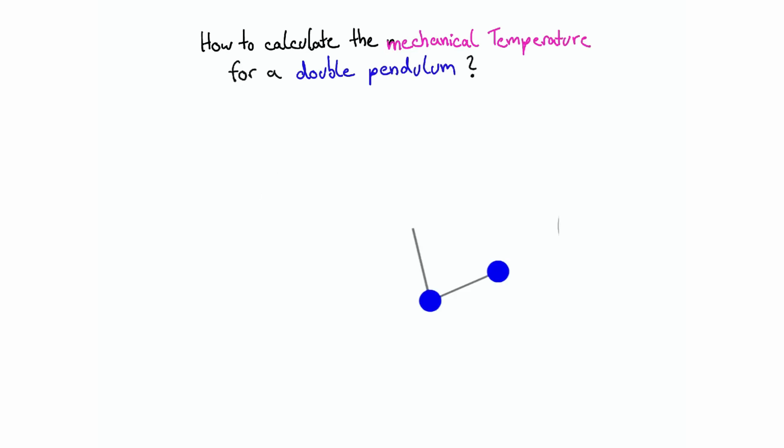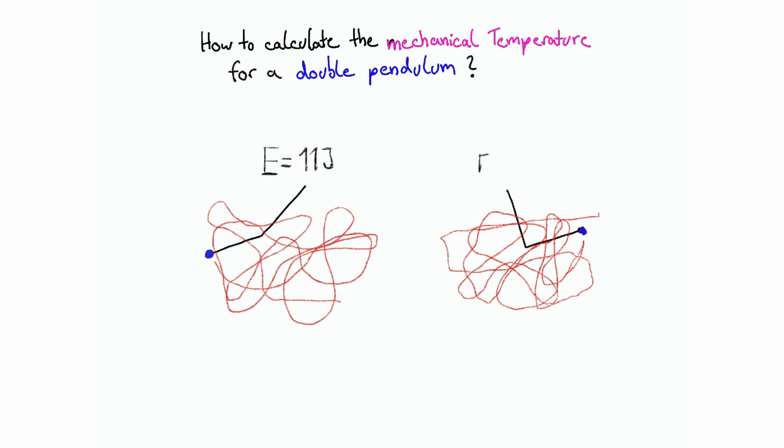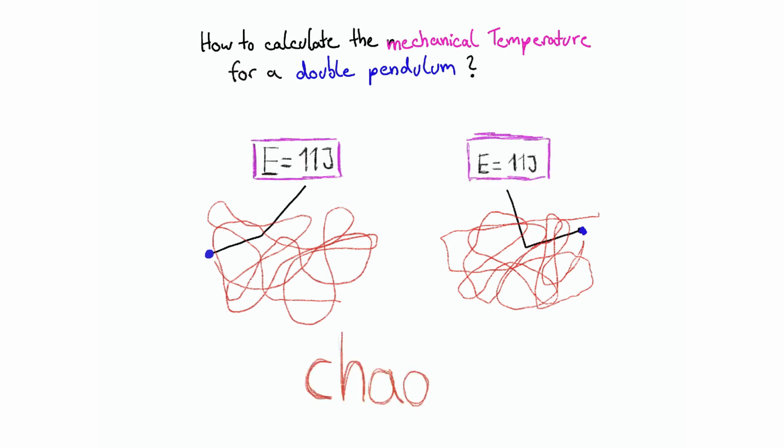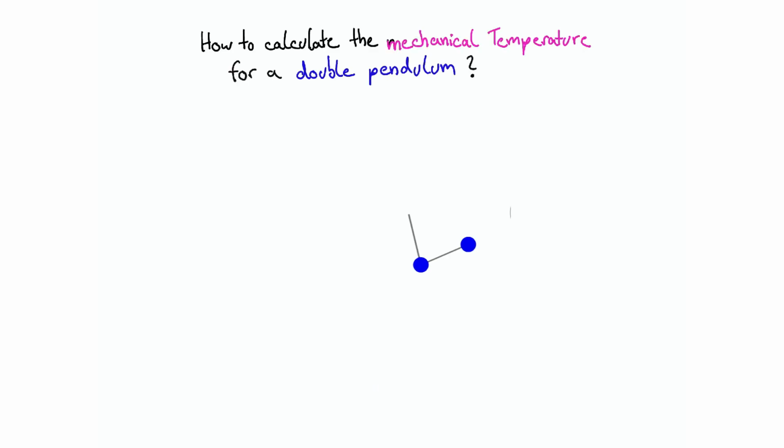We are wondering how accurately we can determine the position of the lower sphere if we know the energy of the double pendulum. The problem is that the trajectory is chaotic. Same energies have different initial pendulum positions and different trajectories. Is it even possible to calculate a residence density that is unique for each energy? The problem is that the double pendulum would have to be ergodic to calculate such a thing.